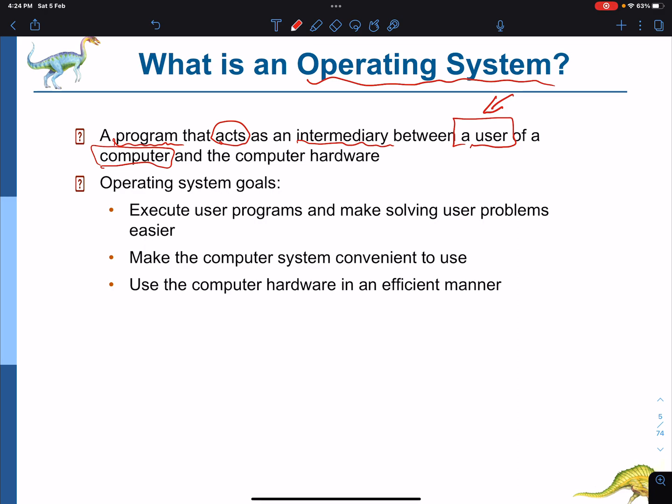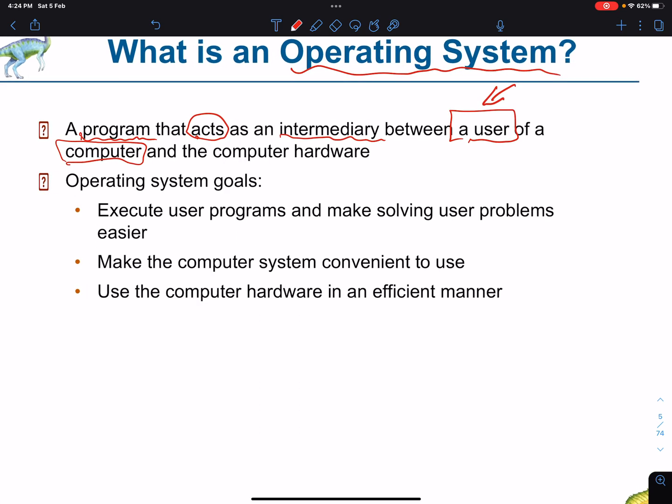It doesn't have to be a person. It could be a person, it could be a robot, it could be another machine, it could be another program, a client that is making use of server services, whatever that is. So the user can be anything.